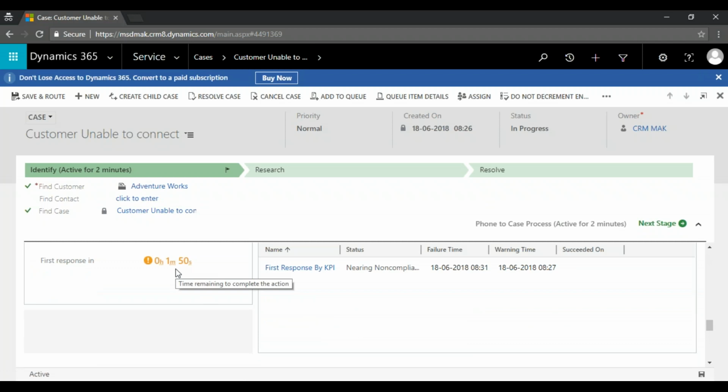So we have 1 minute and 50 seconds. This is a countdown to the customer care executive that this much time they have to resolve the case. If they don't resolve the case during this period of time, an escalation may happen, and then whatever automations we have done will get triggered.